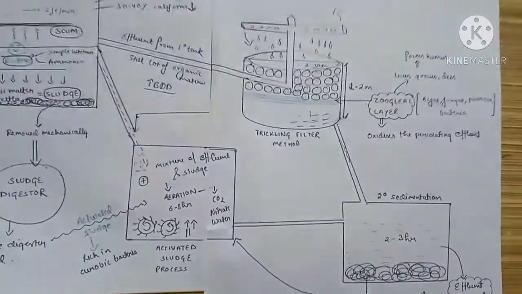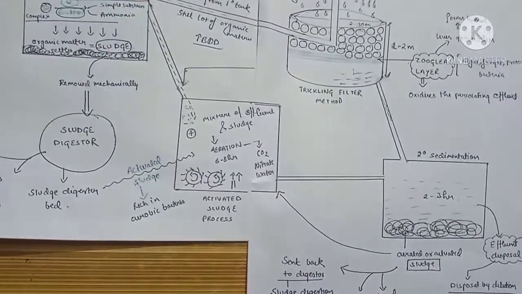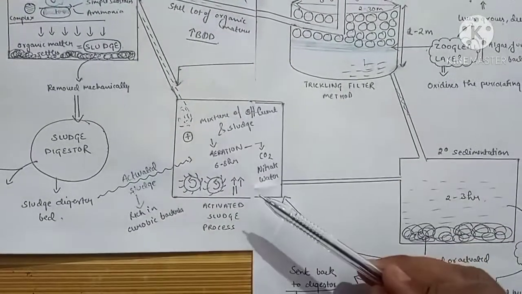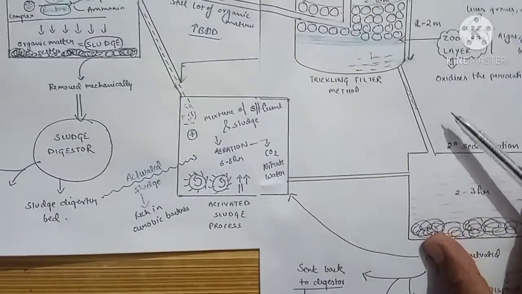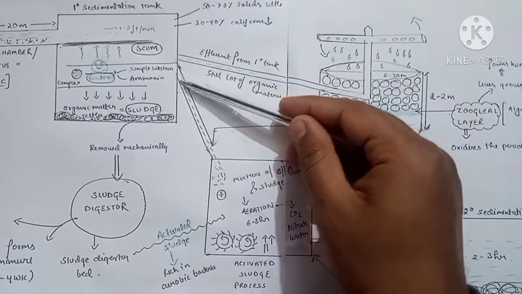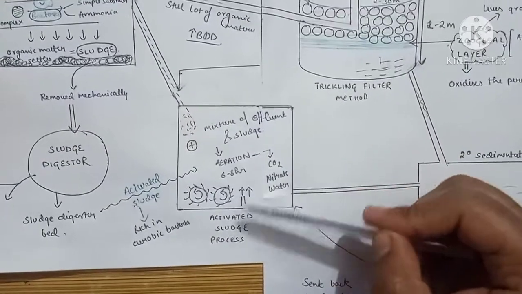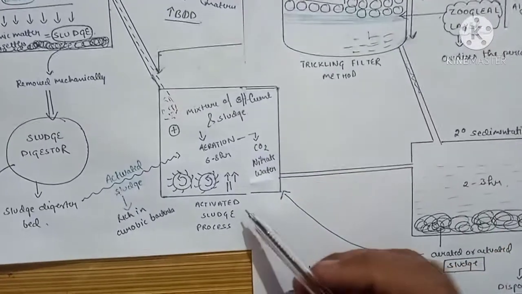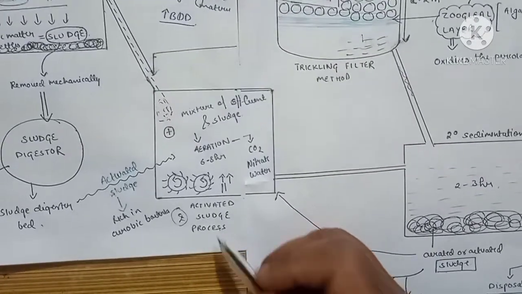Before studying the secondary sedimentation tank, let's try to understand another method through which we can send the effluent. Now this is a modern method and more preferred in our urban cities where we have less space. You will understand why I am saying this. So as the effluent, again from the primary sedimentation tank, enters into this aeration tank, okay, this is known as the aeration tank. This second process is named the activated sludge process.